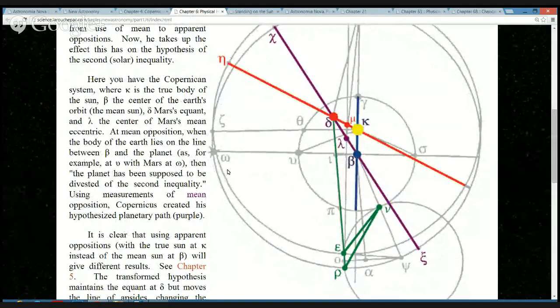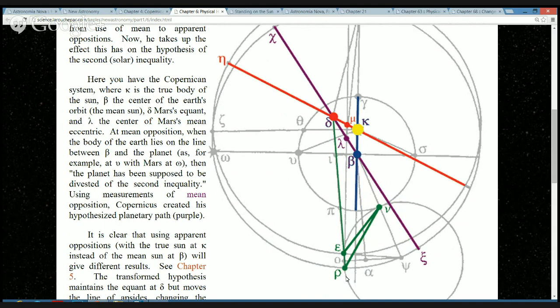But then Kepler looks at, I'll show you a picture of this one. Kepler looks at where the Earth would see Mars. So here, you've got to brush up on your Greek letters. This thing that looks like a V, this green V, is actually a nu. When the Earth is at nu, you can see these two spots where Mars might be, at epsilon and at rho, based on using the real sun versus the fake sun. The difference is over 2 degrees.